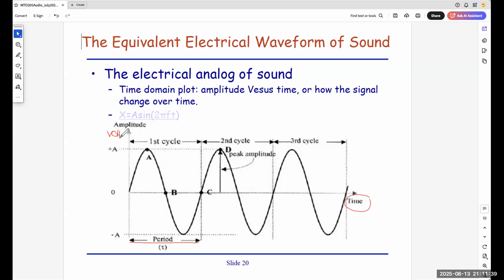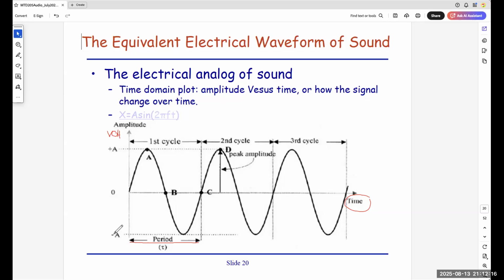If you go to 7-Eleven and buy an AAA battery, you will see it is 1.5 volt. You put two batteries together, it becomes 3 volt. The volt means how much energy you can transmit out. Similarly here, volt represents the energy in an electrical signal. So A volt is the highest value, and the lowest value is minus A.